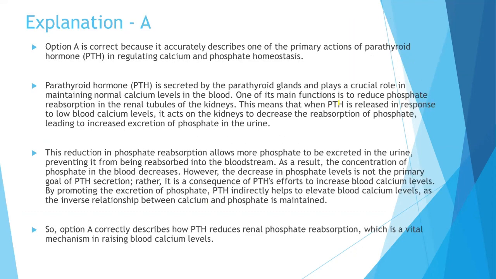So the correct answer is A. So option A is correct because it accurately describes one of the primary actions of PTH in regulating the calcium and phosphate. Now, PTH is secreted by the parathyroid glands and plays a crucial role in maintaining the normal calcium levels in the blood. One of its main functions is to reduce the phosphate reabsorption in the renal tubules of the kidneys. This means that when PTH is released in response to the low blood calcium levels, it acts on the kidneys to decrease the